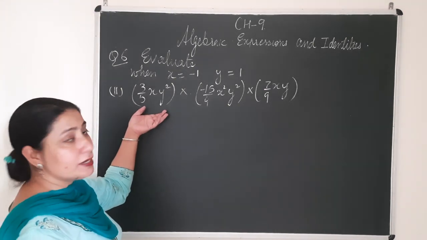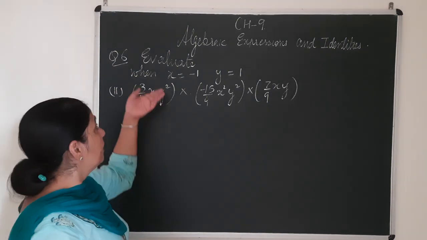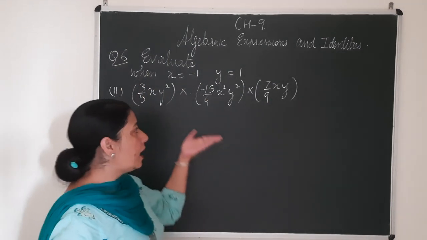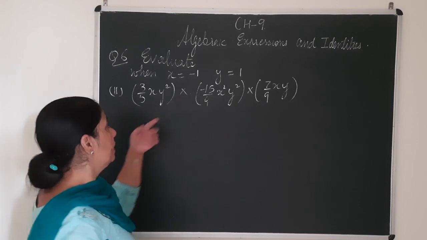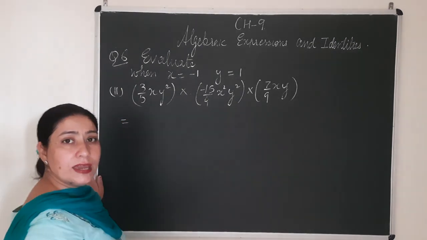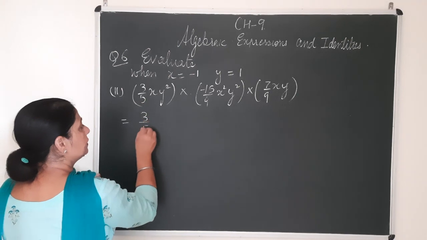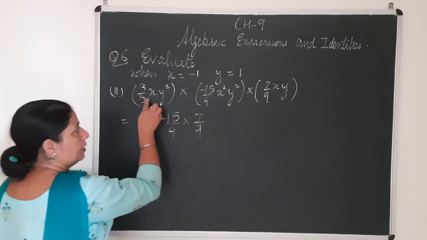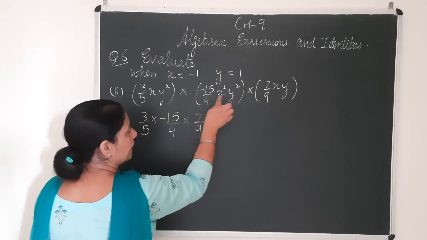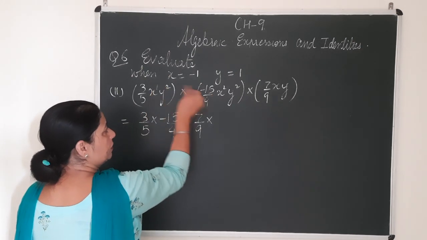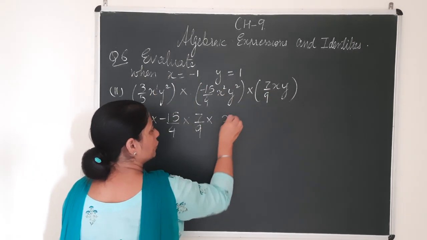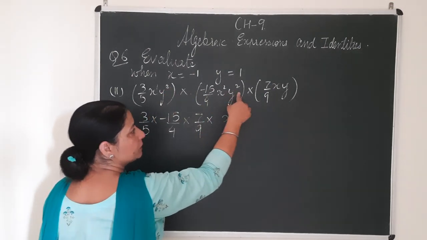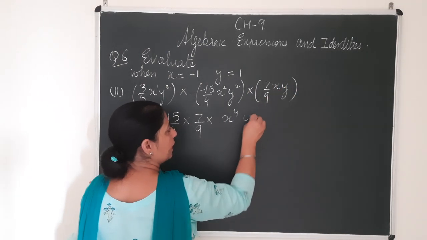Now children, I am going to explain the last question of this exercise, question number 6, where we have to evaluate. Evaluate means we will be getting a particular answer after completing the multiplication part. So first step is, beta, the same way as we have done the multiplication. Let me take up the numbers 3 by 5 multiplied by minus 15 by 4 multiplied by 7 by 9. Now after that we can just collect how many x we have got. 1 power here, 2 and 1, 3 and 1, 4. So you got x power 4 here. Again beta, y power 2, y power 2. 2 and 2 becomes 4 and 1 y here, so this becomes y power 5.